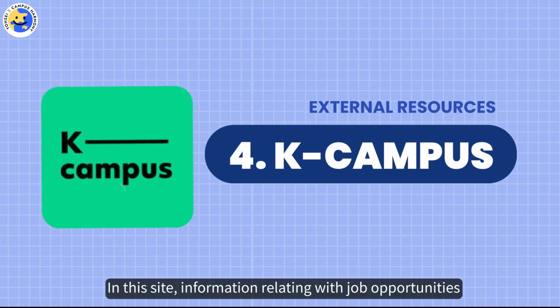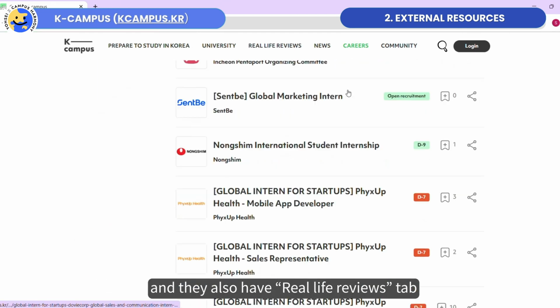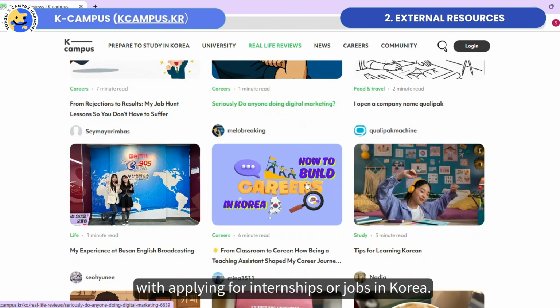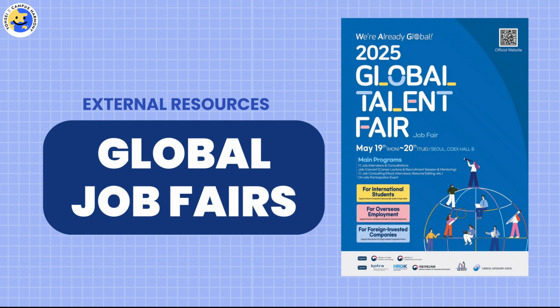In this site, information relating to job opportunities can be found on the Careers tab, and they also have a Real-Life Reviews tab, where you can see postings that other international students post about their experience with applying for internships or jobs in Korea. Another way to find jobs is to visit global job fairs, such as the upcoming Global Talent